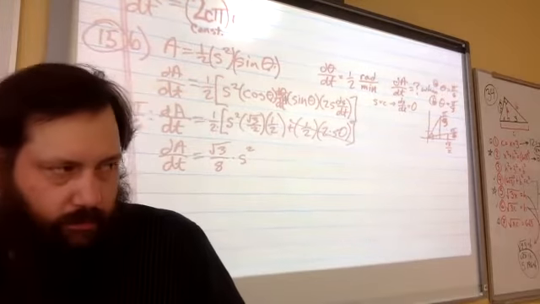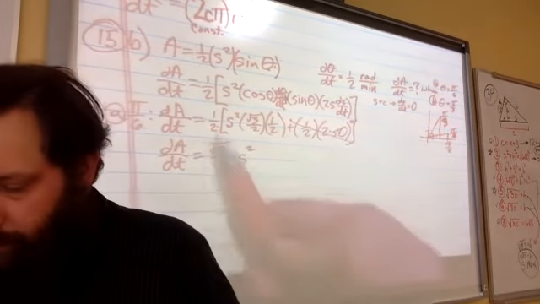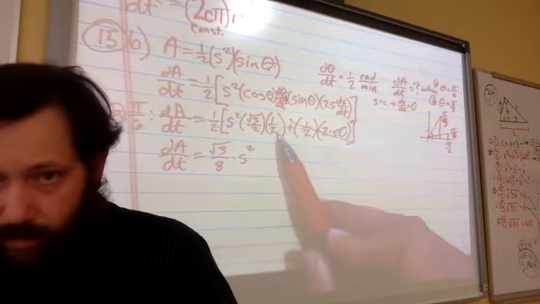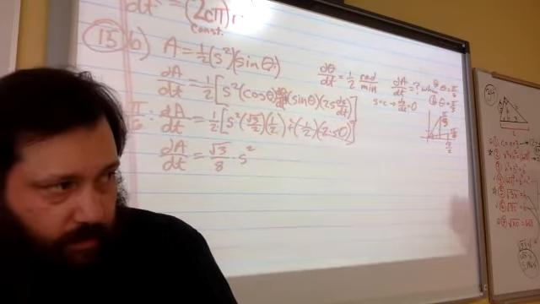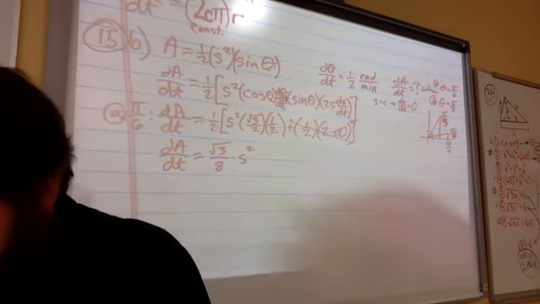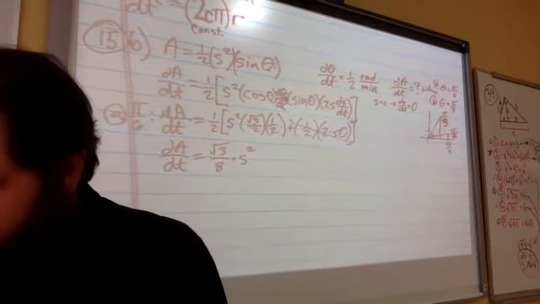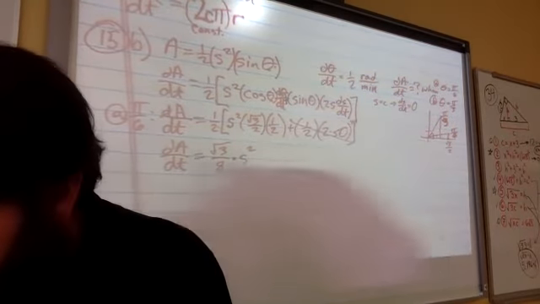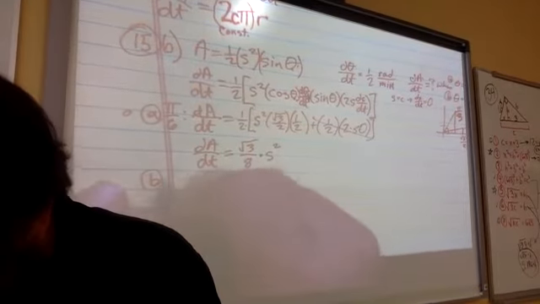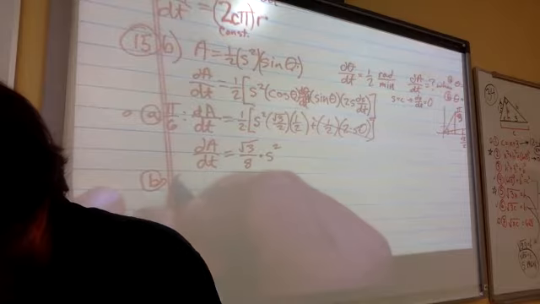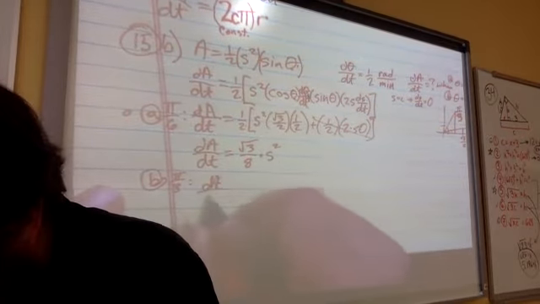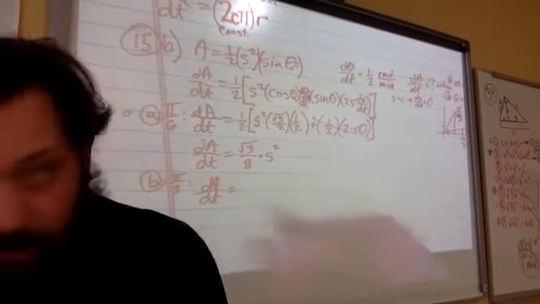Wait a second, what about the half? It's there. 1/2 times 2 times 2. For some reason, my brain wanted to multiply the s. Okay. So this is at pi over 6. So this is really part, well, I can call that part A. Part B, at pi over 3, the dA/dt is,